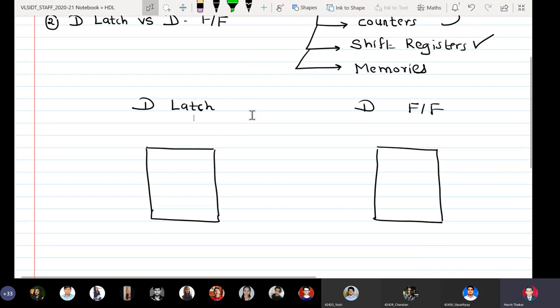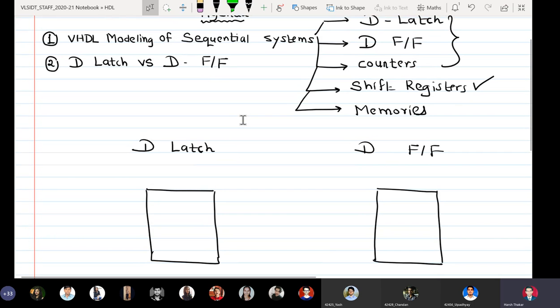Okay, I got you correctly, Shivam. Yes, that is my third point actually. The third agenda for the day is how to convert a combinational system into a sequential system. There I am going to do exactly this: connect the output of the multiplexer as one of the inputs to the mux.